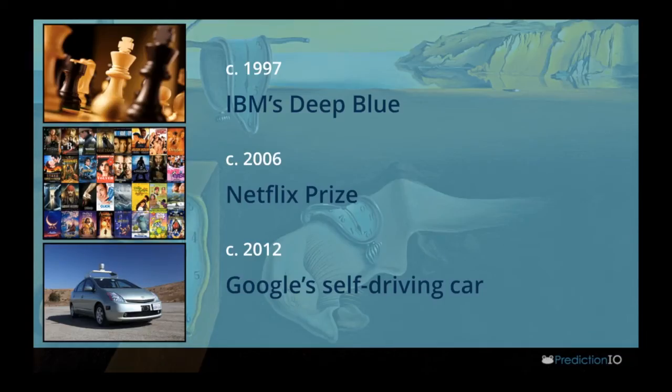In 1997, IBM's Deep Blue beat the chess grandmaster Garry Kasparov. In 2006, Netflix launched the $1 million prize to improve its own Cinematch algorithm. More recently, in 2012, Google was granted a license for its autonomous driving car from the Nevada DMV. And I think what's exciting about the time that we're living in is there's plenty more to be reimagined. And now, here in 2014, we're at the inaugural Predictive API conference, and hopefully we're going to see lots more interesting applications of machine learning.